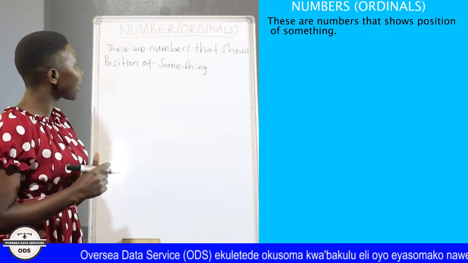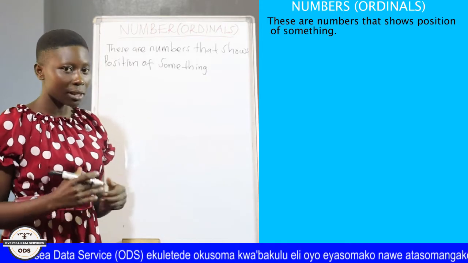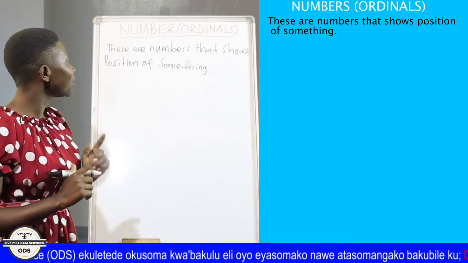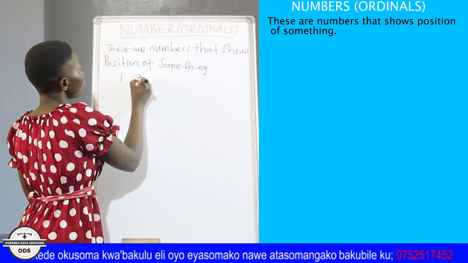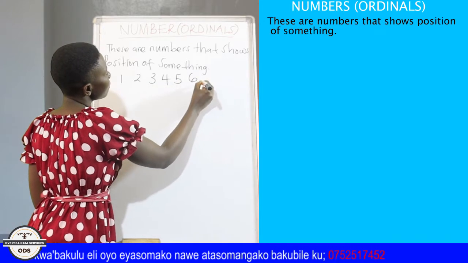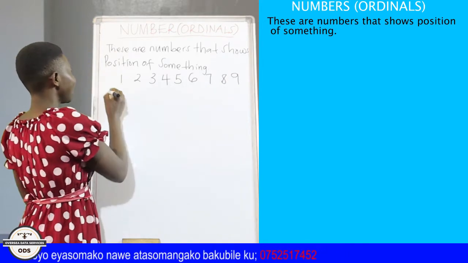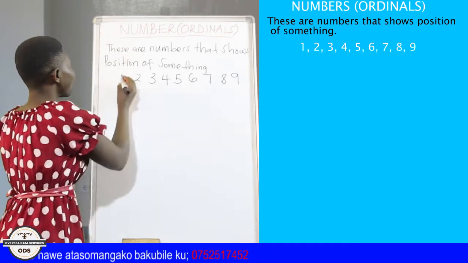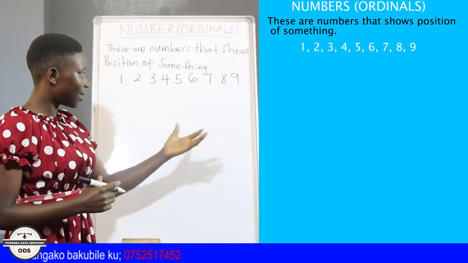The other time when we were writing cardinal numbers, we began with zero, but these ordinal numbers we begin from 1. Counting: 1, 2, 3, 4, 5, 6, 7, 8, 9, 10. We are going to do it like that. Now, before we draw our table showing figures and positions,